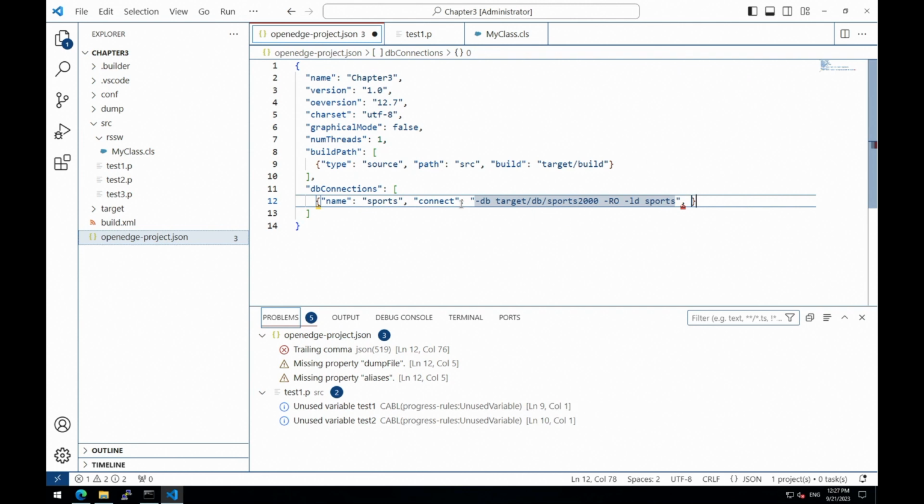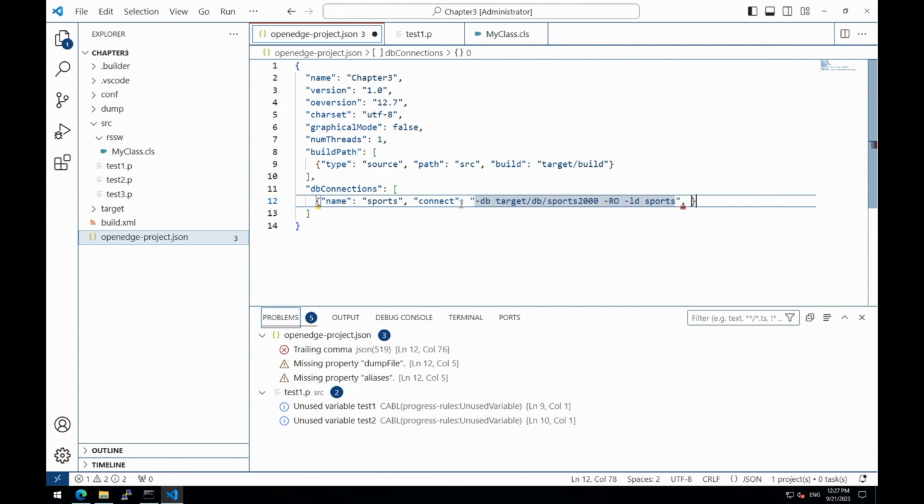You can start 10 threads. They will all connect directly to the .db file or wherever the schema is, without having to start a database broker, which is an absolute pain. You don't want to do that. This is slow, it's painful. You have to deal with port numbers, it's painful. So you work with a local read-only database to execute the builds.